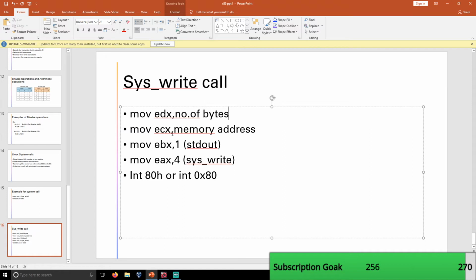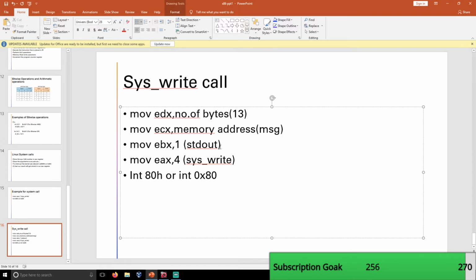And you need to pass the memory address to the ECX register. Memory address is nothing but our variable name. Let us take an example: a variable named message that consists of 13 bytes of space. So here you need to mention these two things.